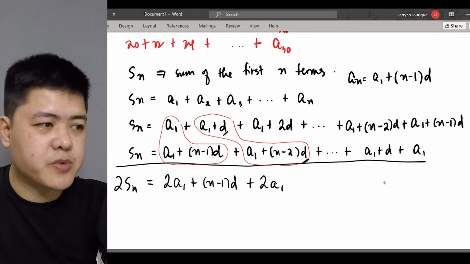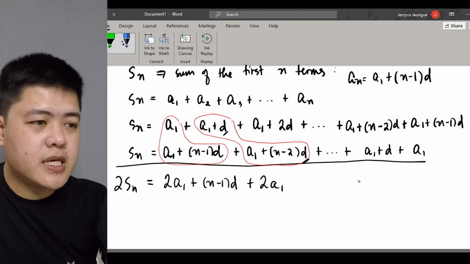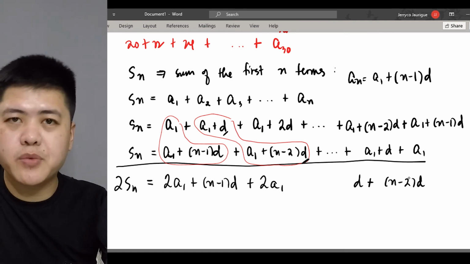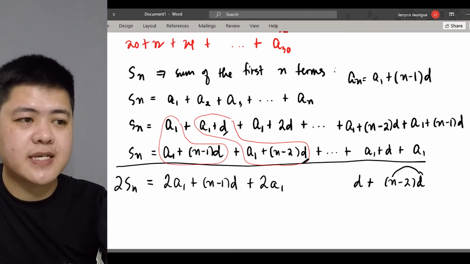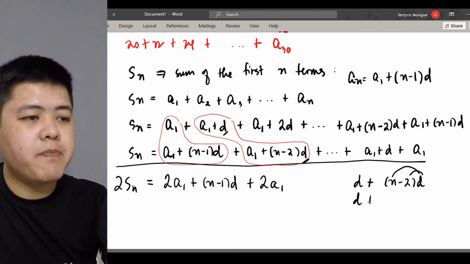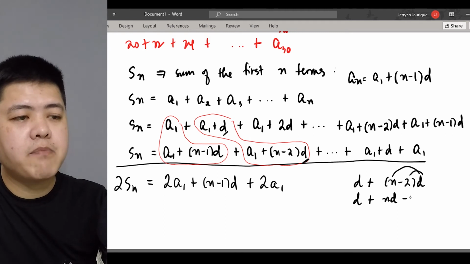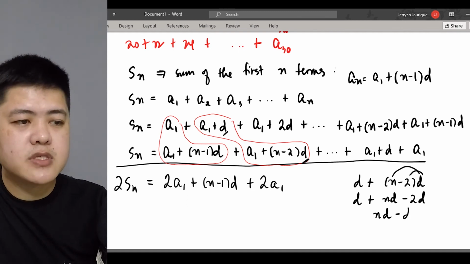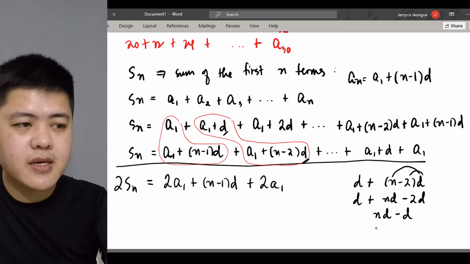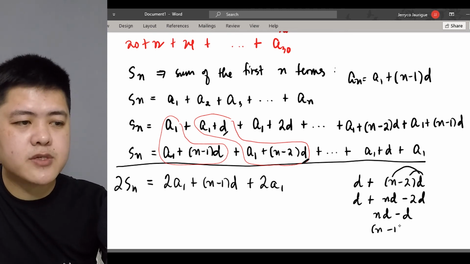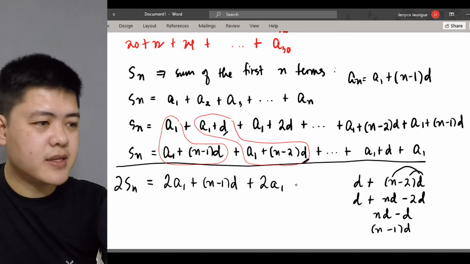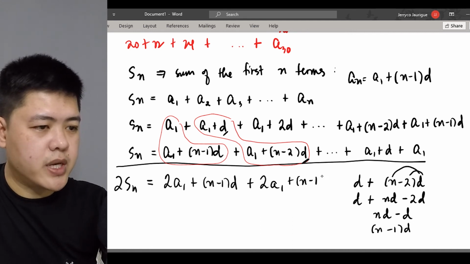So let me have a scratch work here. So ang i-add na lang natin ay yung d at saka yung n minus 2d. Okay? So distribute natin yung d sa n at saka sa n minus 2. We'll get d plus nd minus 2d, which will give us d minus 2d, that's minus d. So we'll get nd minus d. Then we can factor out d. So we'll get n minus 1 d. So pag pinag-plus natin yung d tsaka n minus 2d, we'll get n minus 1